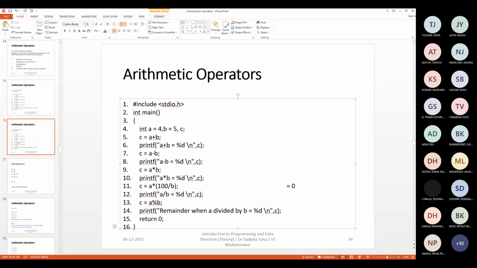So in that case, 4 into 100 by 5, so it has become 80. Yes, it's correct. This time we do not need to use float. Only we can use int here. Yeah, it's correct. So using integer only, you can get the right result.